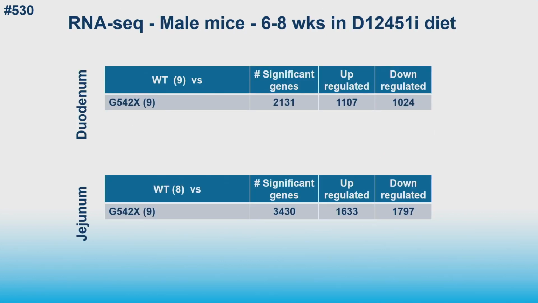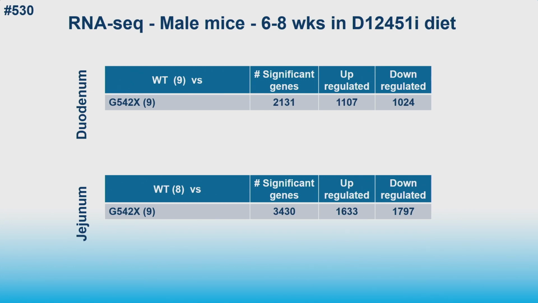We then went to examine what happened to gene expression in mice that were fed the protective diet. And now you can see the duodenum and jejunum, and the number of mice analyzed is indicated in parentheses. There were thousands of genes that were differentially expressed between the CF mouse and wild type, in both the duodenum and jejunum. And to check to see if that was just because CFTR was not present in the intestine or because of signals coming from outside of the intestine,